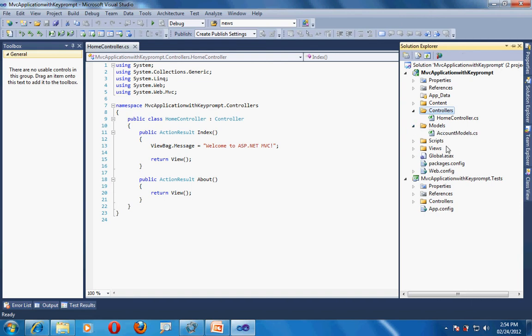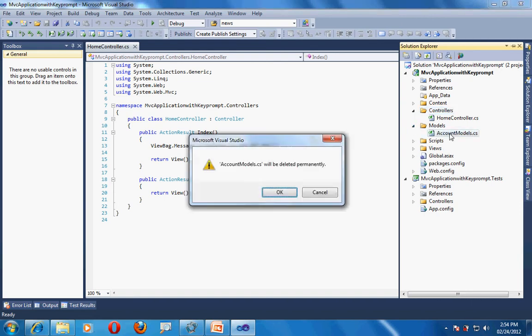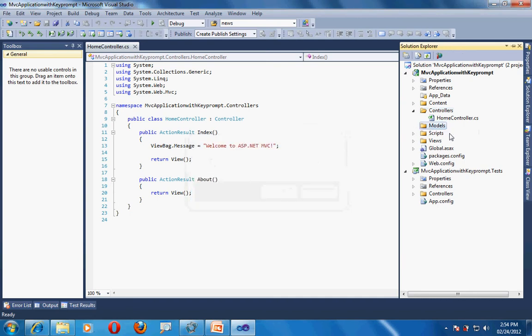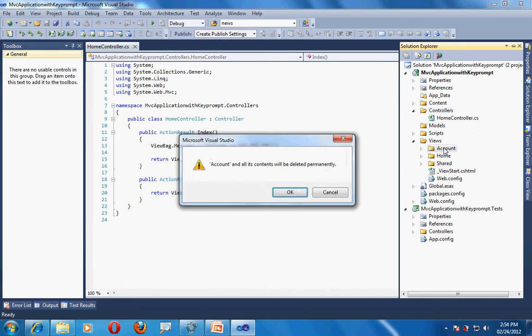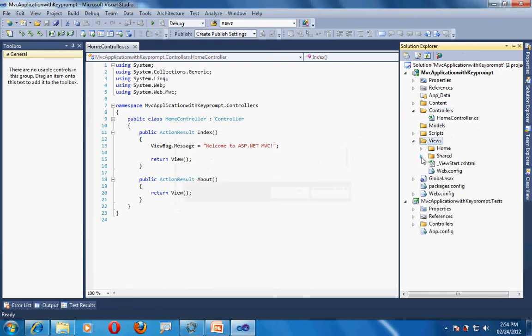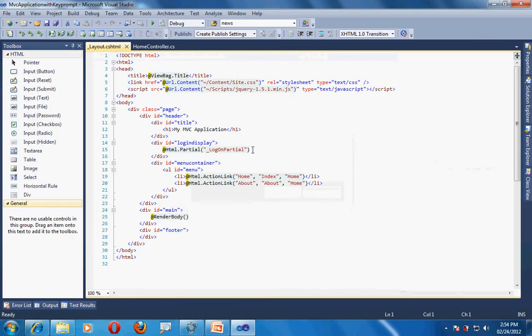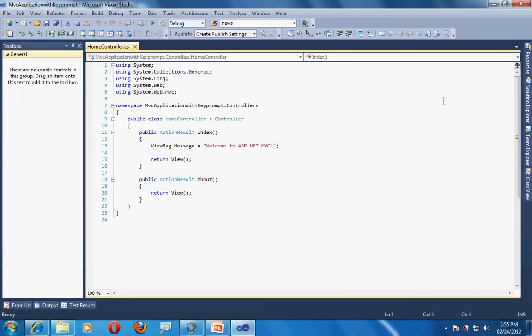Similarly, in the model, I don't want this account model, because this account model contains the information related to the login processes. And similarly, in the view, I have an account folder. I will not use this account folder as well. And just look at the shared. In the shared, we have the logon partial.cshtml. I don't want this. And in the logout.cshtml, I will make a small change here. Instead of displaying log on the page, I will just display login disabled, like this. So I will just save this information and just close this